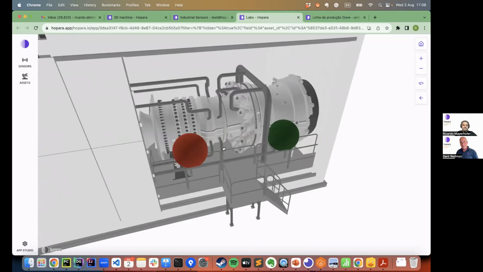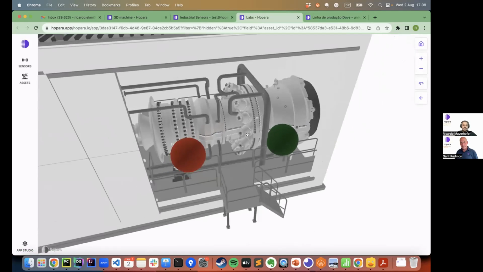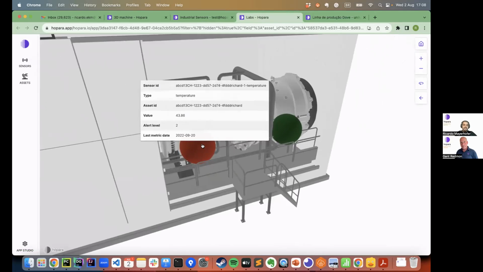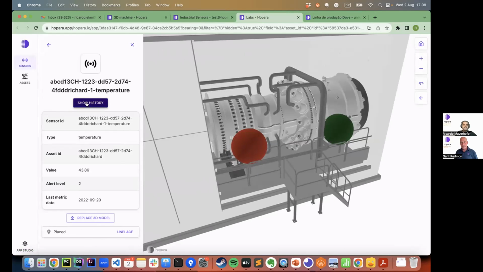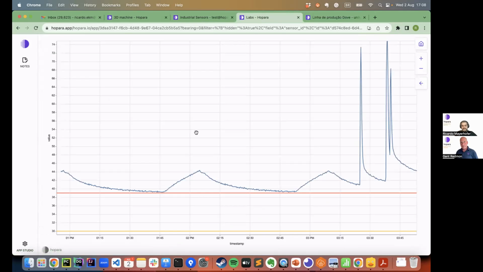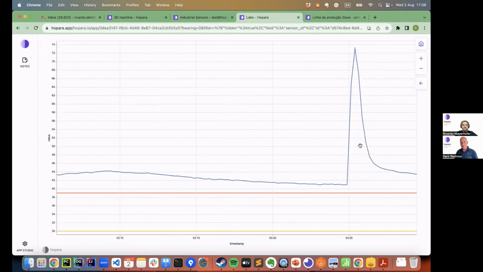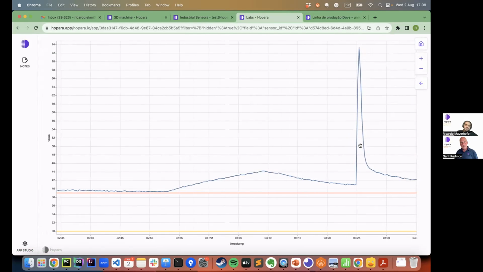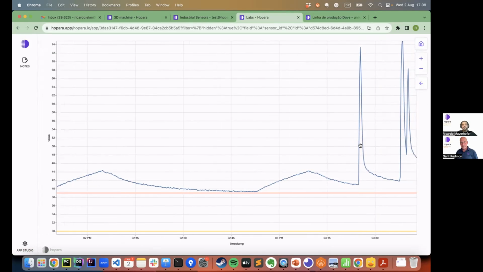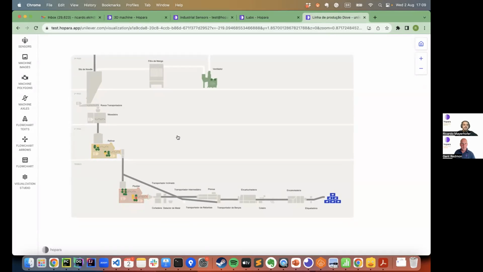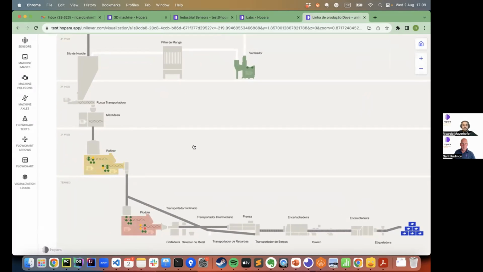With the 3D visualization, I can navigate around, see the machine, see the sensors. And again, click on this particular sensor, show history, and see the history for this particular sensor. And as you can see, we provide different context for information, 3D floor plans, and we can also provide process contextualization. So for example, here we have represented in Hopara an industrial process with many steps, which is spread across